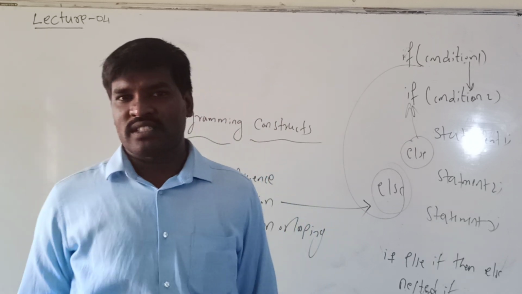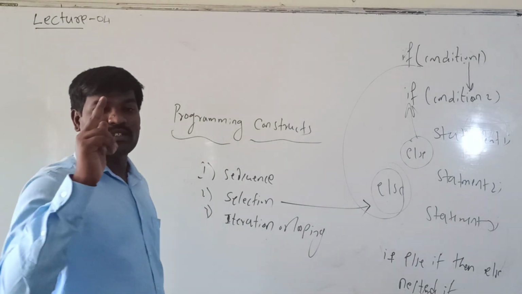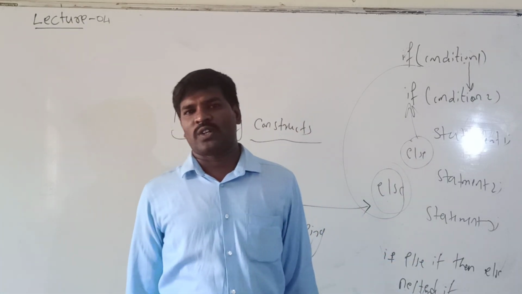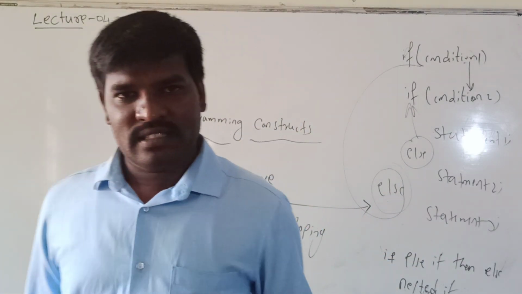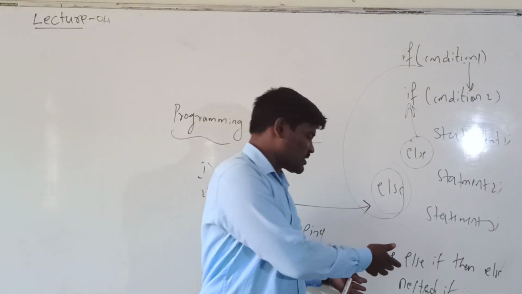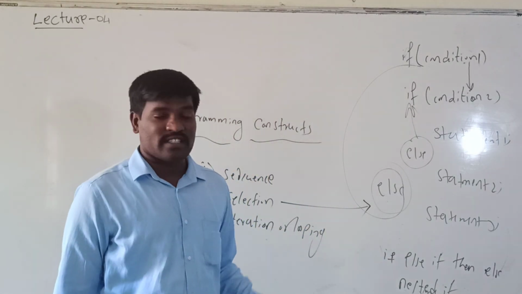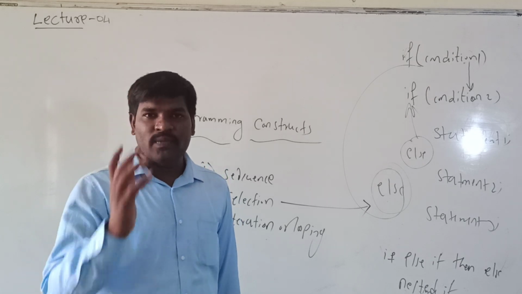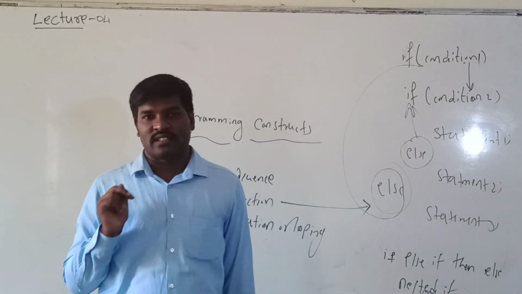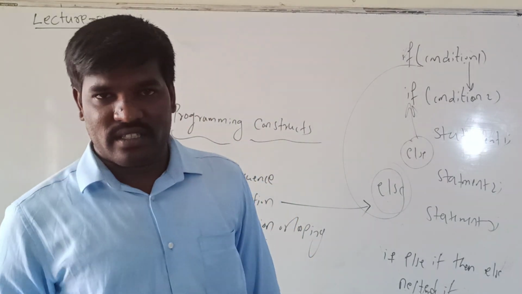In a multiple choice, there will be 4 options. Among the 4 options, we have to select one. In the same way, it consists of 4 operations, for example, addition, subtraction, multiplication and division. All 4 operations must be defined in the multiple selection or switch statement. Among the 4, the user can execute only one option. It is the choice of the user.